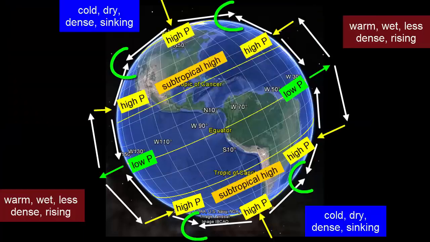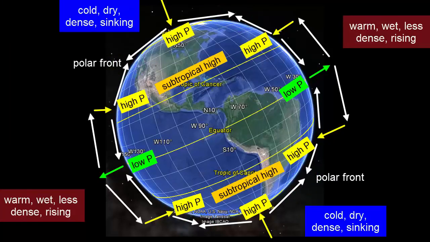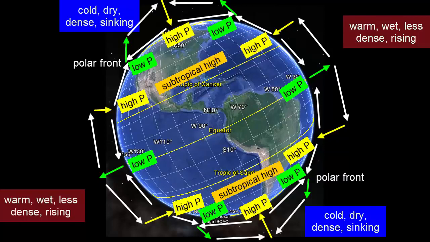What happens at 60 degrees north and south where we see two air masses colliding? These areas are called the polar fronts, and they represent areas of frequent storms. Ultimately, the cold, denser air is overridden by the less dense, warmer air. Where the warmer air is rising, we get a local low-pressure system on the surface, and rain along its journey upward and poleward. This air continues moving poleward and losing its water until it's cold and dry and sinks again